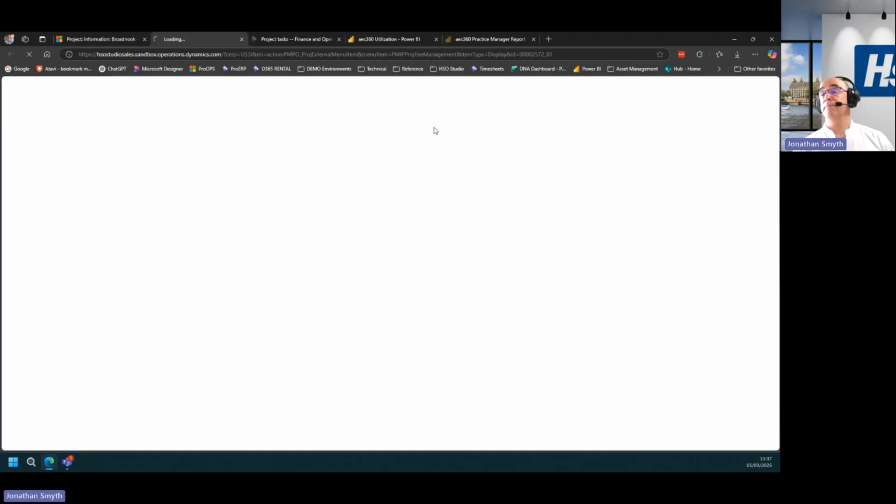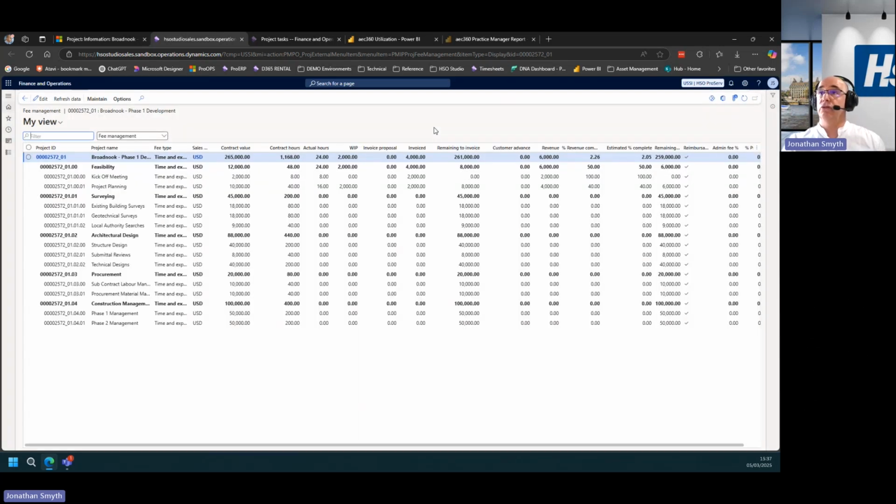So if I was to select fee management, then what we'll find is that from our project operations area of the application, we're now coming into the main finance backend. The system is just authenticating me, making sure that I have the relevant access privileges to be able to come in to this specific area of the system. And then just as soon as it has authenticated me, it should automatically take me to that specific project that I had launched from.